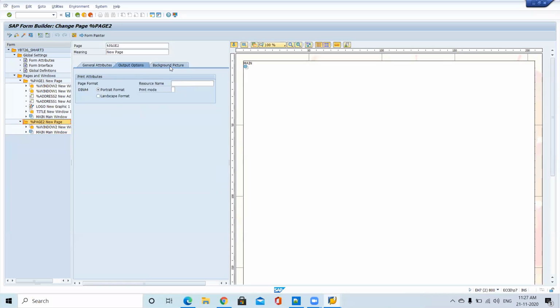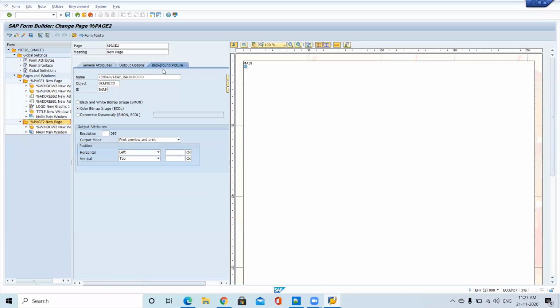For page 2, if you want to remove the background picture, you can remove it. On page 2 I don't want this background picture; only on the first page it's colorful. From the second page onwards, it's normal. Actually, if you take any bond paper, the first page will be colorful, a letterhead or something, and second pages are normal pages. In that case, if you don't want this background image, you can remove it for the second page. Only the first page will print it; on the second page nothing will be there, it's normal plain paper.